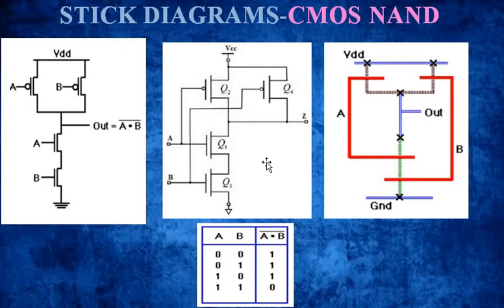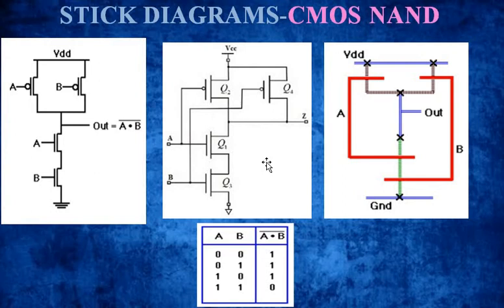You have to draw all four stick diagrams: NMOS transistor, PMOS transistor, CMOS inverter, and the CMOS NAND gate and CMOS NOR gate. All four you have to practice. I'll be sharing a Google link. Please draw on proper white paper with your roll number, name and branch, IT or EC, then submit it. This is the assignment for your Sankranti holidays. You can practice well, right? All four stick diagrams you have to draw.